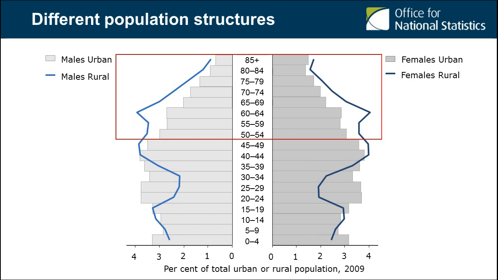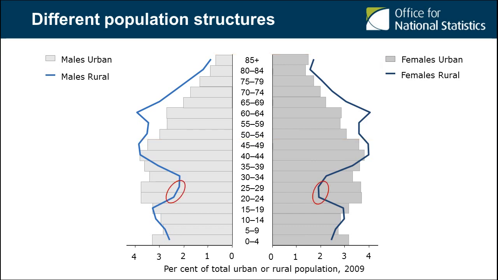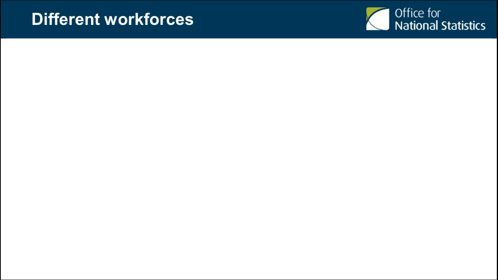The proportion of people in their 20s in rural areas is in stark contrast to the proportions of people in their 40s, which can be up to twice as high. This strongly suggests that people move out of rural areas in early adulthood and back in later on, creating an almost corseted population pyramid. If populations differ, we might also expect to see differences between people who are engaged in